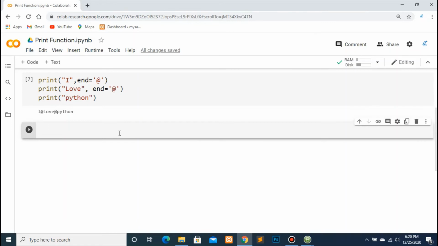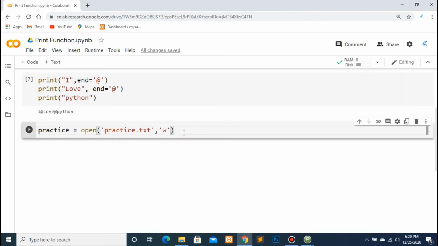For using the file parameter, what you have to do is first create a variable like this, and here you will ask it to open a file, practice.txt, written in quotes, and then in what mode you want to open. I want to open it in writing mode, because I want to write something in it.